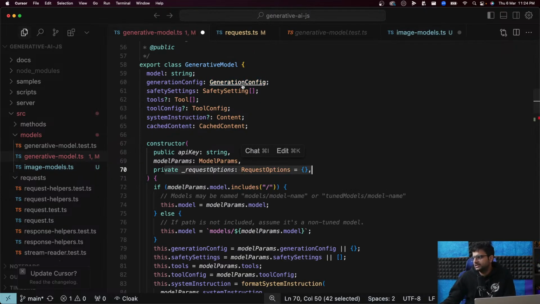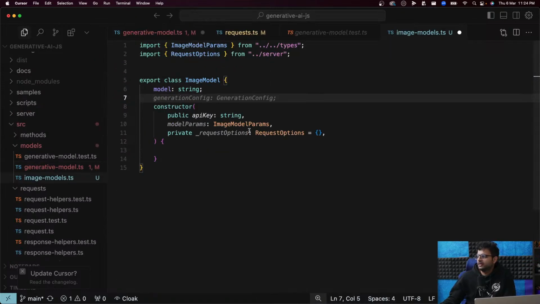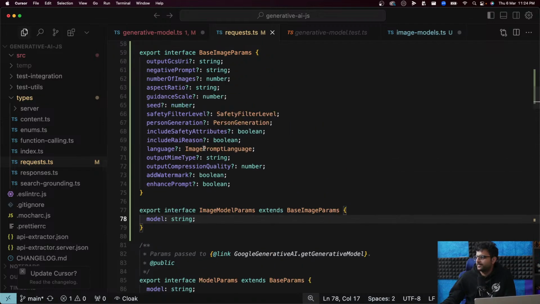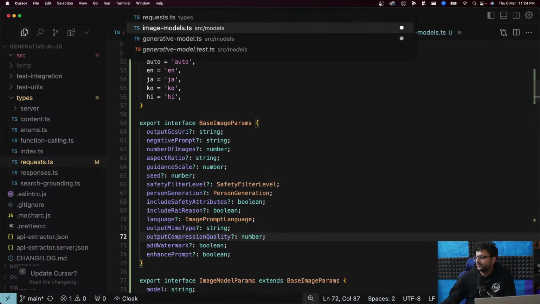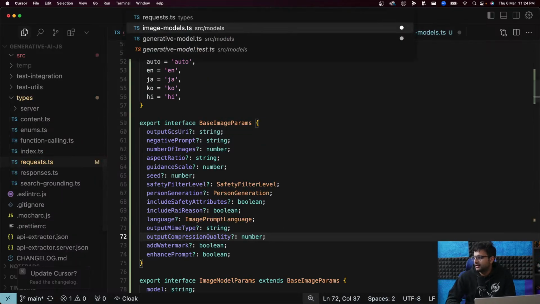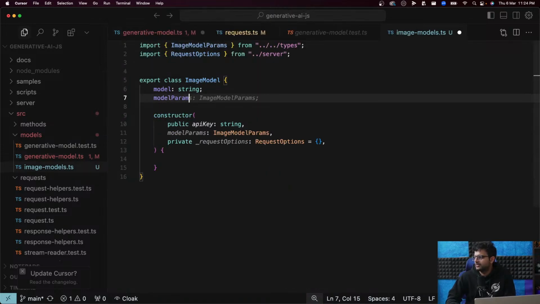this guy has generation config. We have everything here in model params, which is all of this. So I would simply say, yeah, that's fine. Just model params.